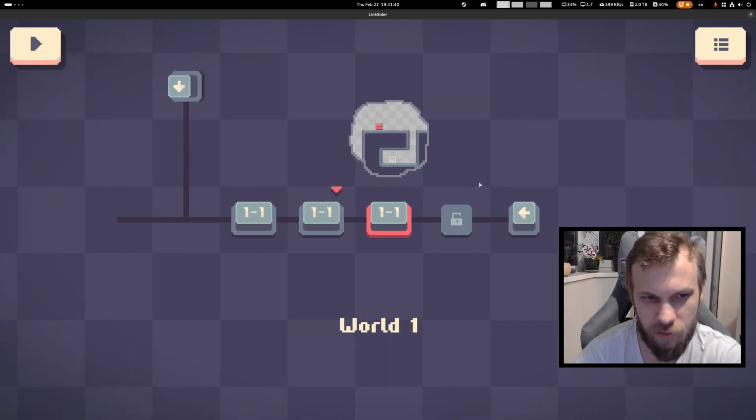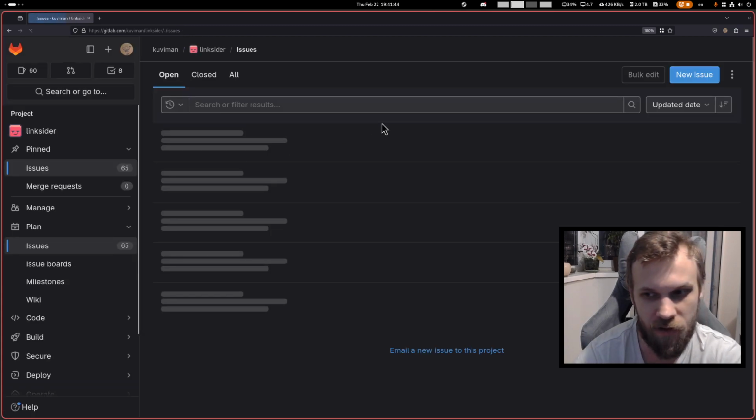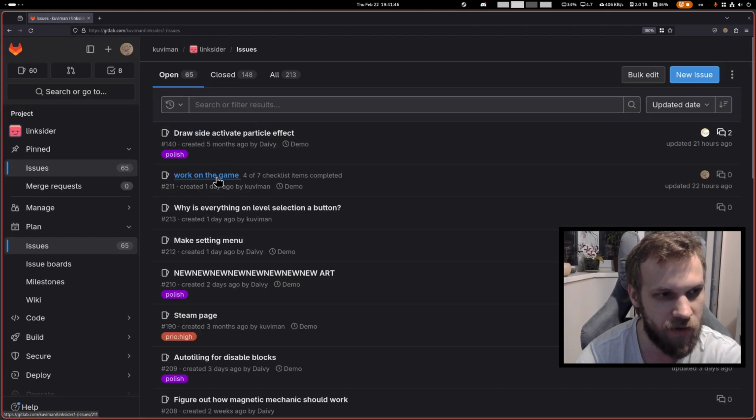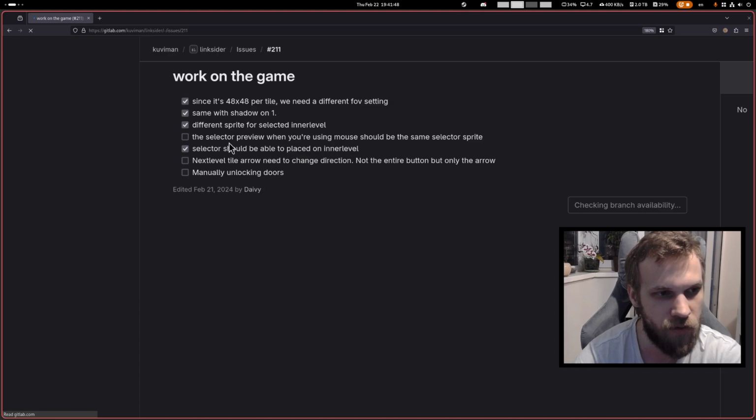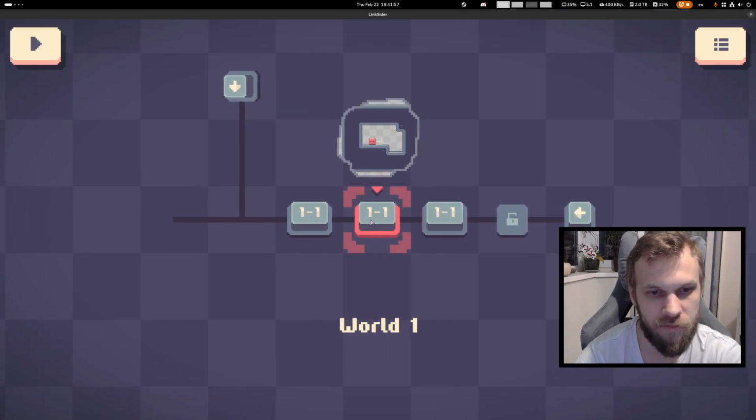Okay, so what are we going to do? Let me finish the to-do list, I guess. Selector preview when you are using mouse should be the same selector sprite. So you're saying over here,